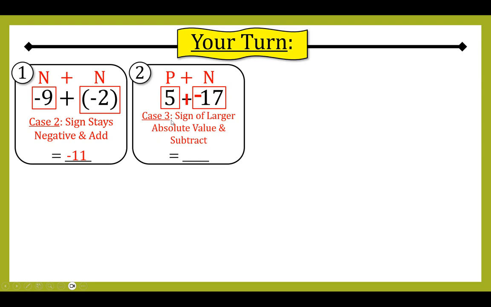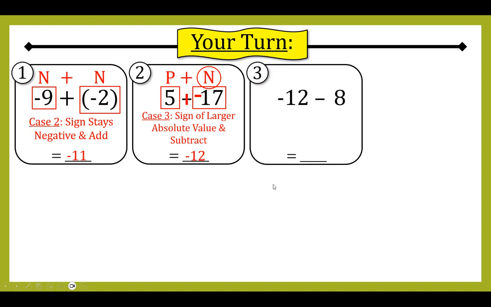This is case number 3. I'm going to use the sign of the larger absolute value and subtract. Well, when I look at the absolute value, this is 5, this is 17. 17 is greater than 5. So that tells me my answer is going to be negative. Okay, and then what I'm going to do is subtract. 17 minus 5 will give me 12. And again, my answer is negative, so -12. Okay, so if you want to pause, right now would be a good time to pause for your turn number